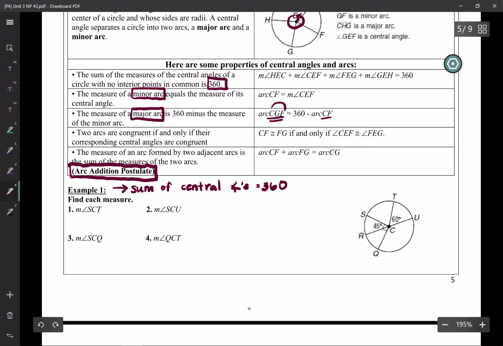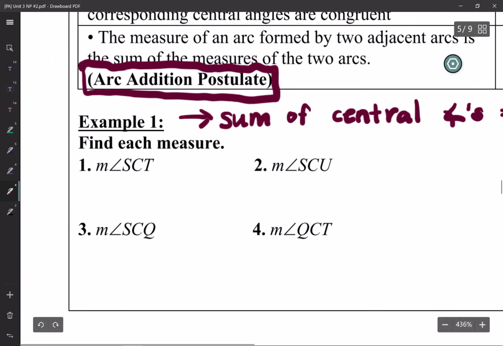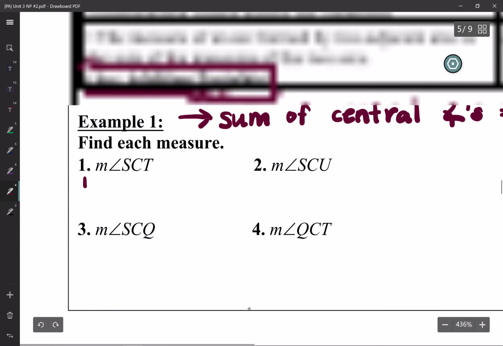It's asking first for angle SCT. That's this angle over here. If you look at this diagram, they give us that angle SCR is 45 and angle UCT is 60. To find SCT, I noticed that these 3 angles equal 180 degrees, so I would just do 180